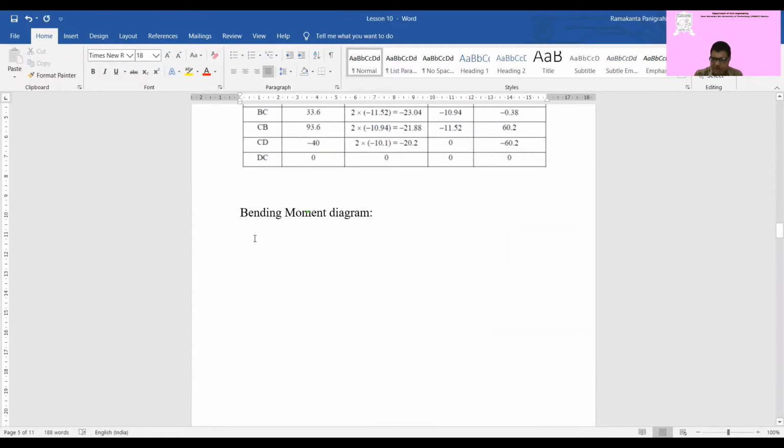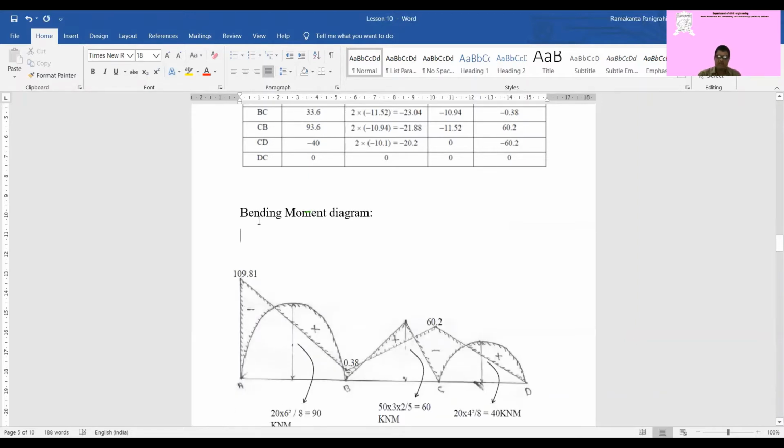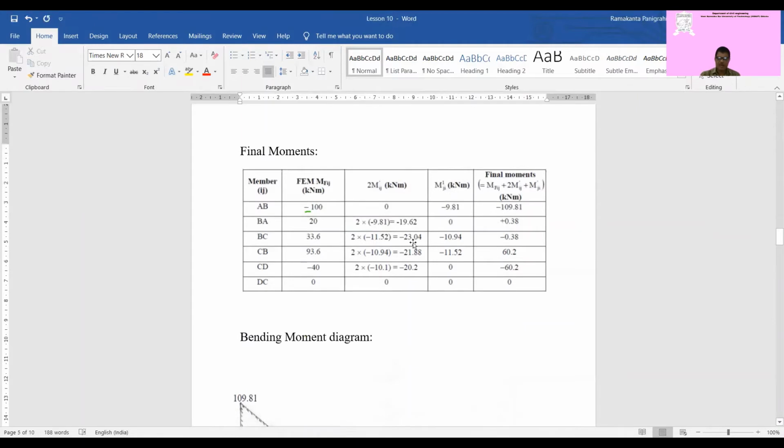We have seen the final moment is equal to the fixed end moment plus 2 times the near end contribution and 1 times the far end contribution. So write down all these things and then find the final moments. That is, the moment due to the fixed end moments plus 2 times the near end contribution plus 1 time the far end contribution. These are nothing but the rotation contributions that we have calculated on the diagram earlier. So these values are the near end contributions and this value is the far end contribution.